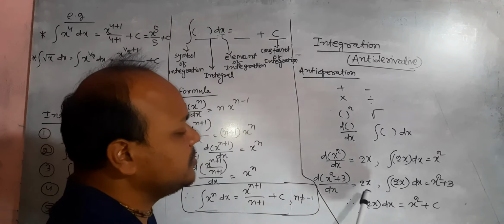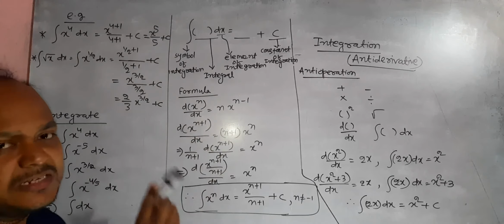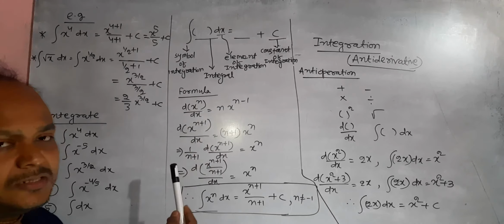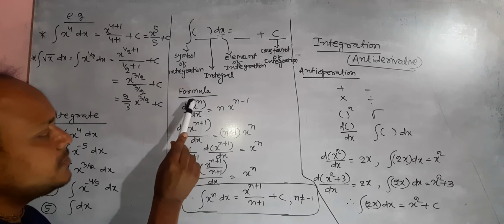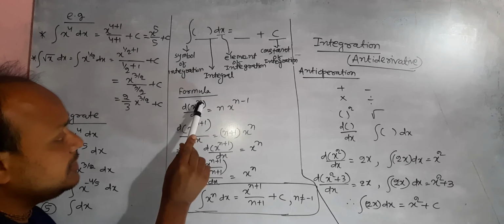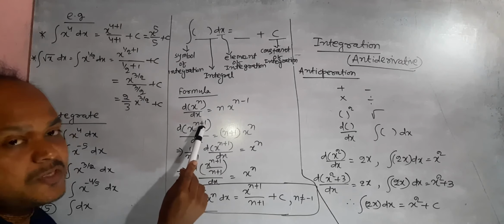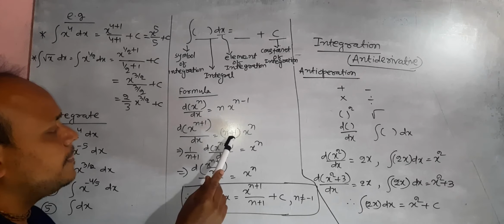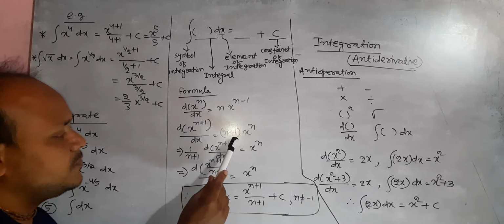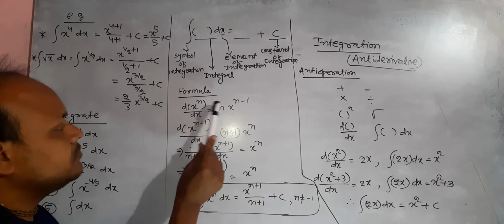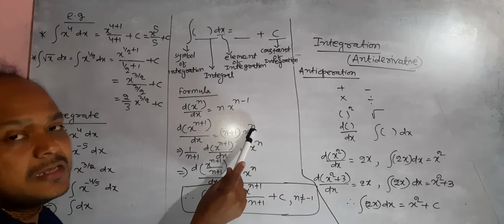Okay, so this is the formula we learn in physics. The derivative of x to the power n is n x^(n-1), if n is any constant. Since here is the constant n, we have to place n here. If in place of n there is n plus 1, we have to place n plus 1. If there is n, one less number is placed here. So if there is n plus 1, one less number, that is n, we have to place here.